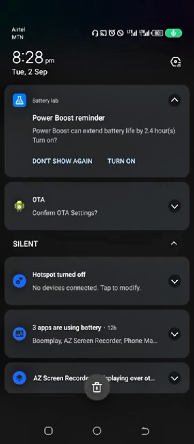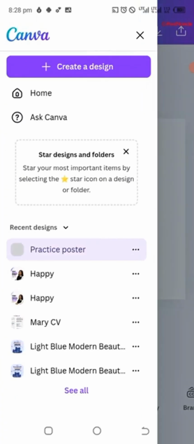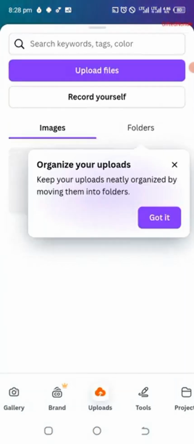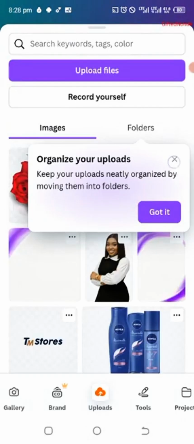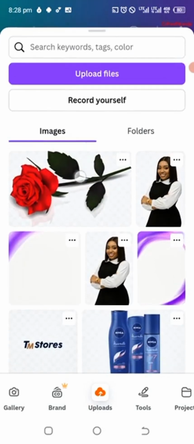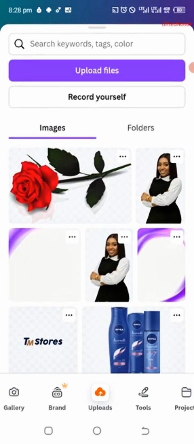My phone is on do not disturb, so it can't show the notifications. So let's check the uploads. Great, you've seen it has been uploaded. It is this one, this is the image I tapped. It has been uploaded. So even if I am using a different phone, maybe I go on